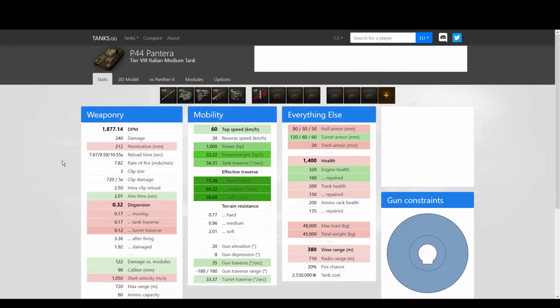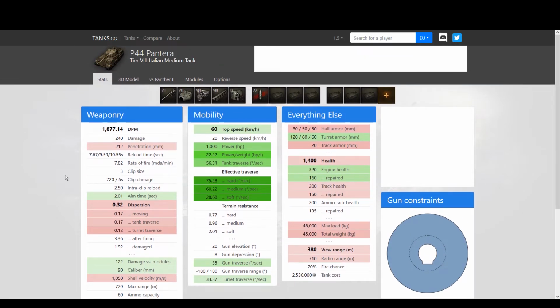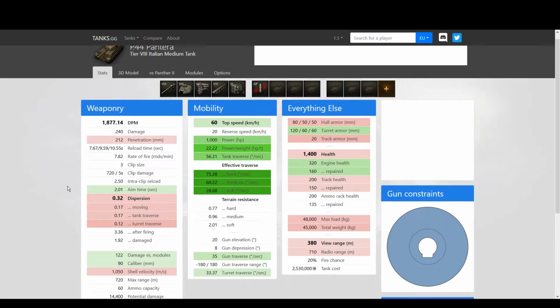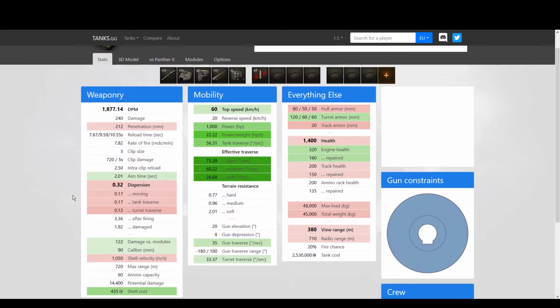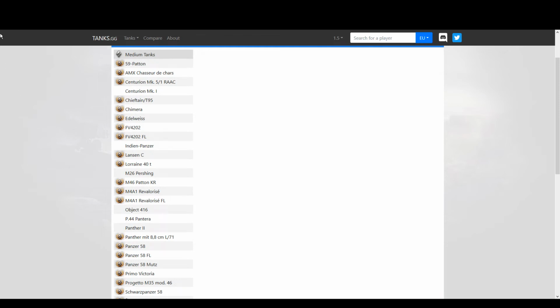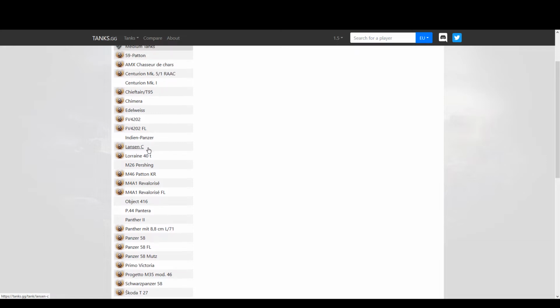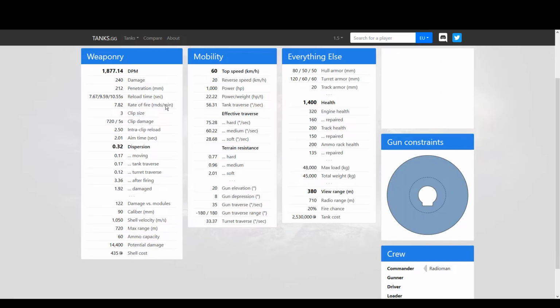So the P44 Pantera literally can do everything a Panther II can and more. It just gets a bit worse gun handling, but the clip and the mobility make up for it immensely. And the P44 Pantera is not even the best tier 8 medium by far. If you compare the P44 to a Progetto M35,